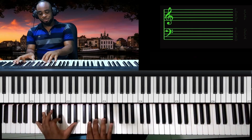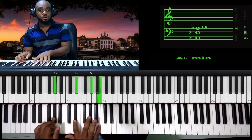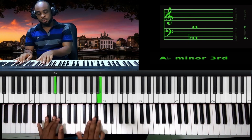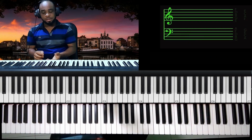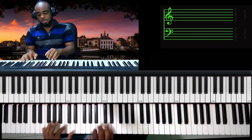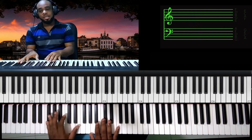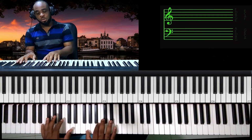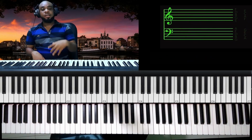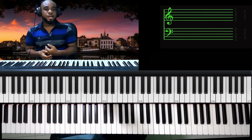Okay, so the 3 to the 6. Now this is a normal 6 that we all play. Then I did something interesting here. Normally for something like this, we will play maybe something like 5-4-3 on our left hand, and it's very sweet. And then this time I decided to change things a little here by borrowing chords